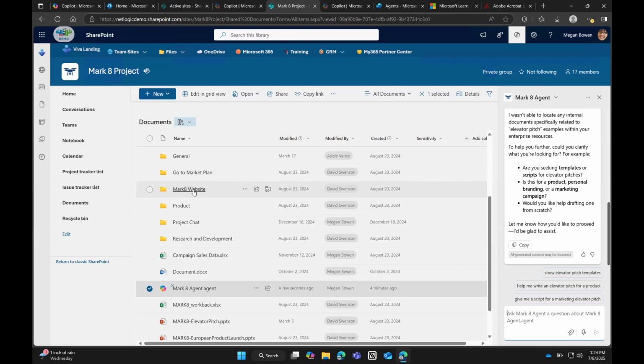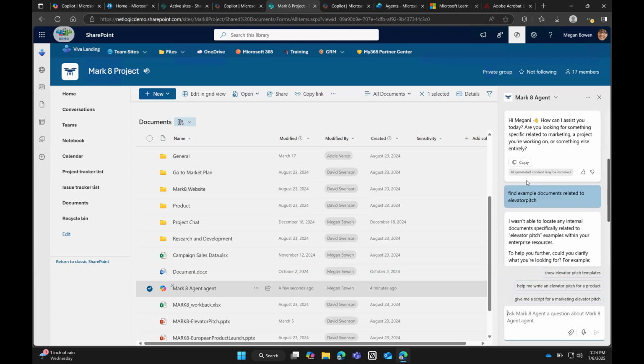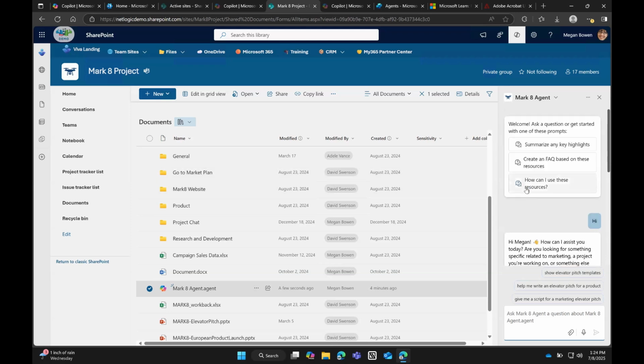You want to make sure that the auditing's on for the site and people have the correct permission so they can see it, and that's really what's going to help create the agent and make it what you need it to be. Now, this is probably the quickest way to make an agent if you have that Microsoft 365 Copilot, and most of the documents that you might want to be sorting through are on the same SharePoint site. This is where I would start, just to get your feet wet with how to build an agent, how to work with it, play with it, because by doing it here, you're really not going to create too much harm.